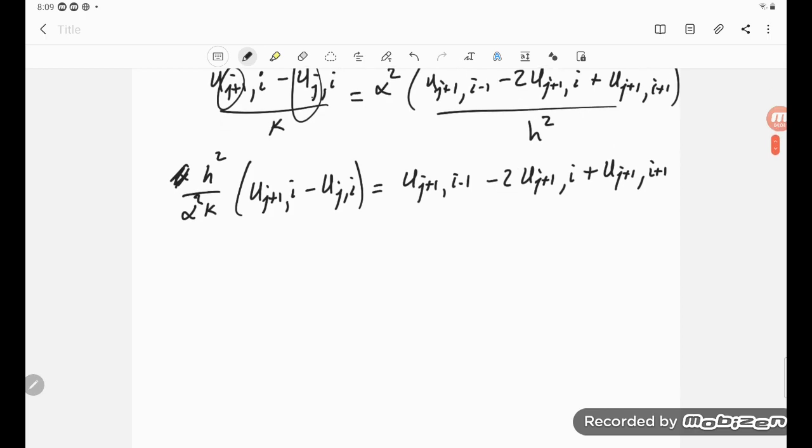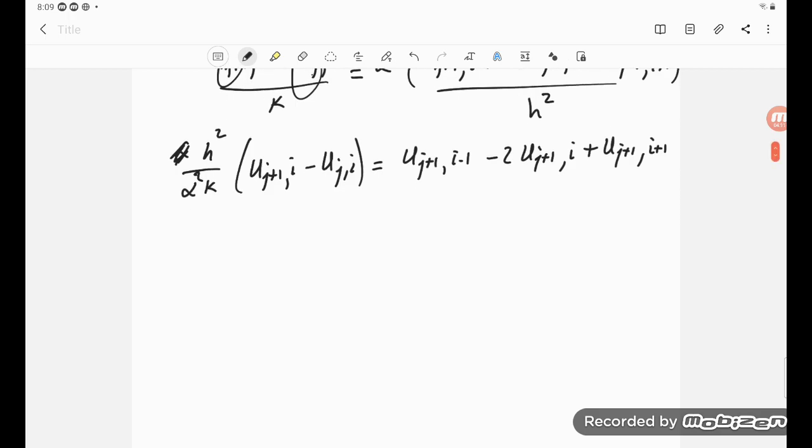And now, if I move everything I don't know to the left-hand side and everything I do know to the right-hand side, what we get is